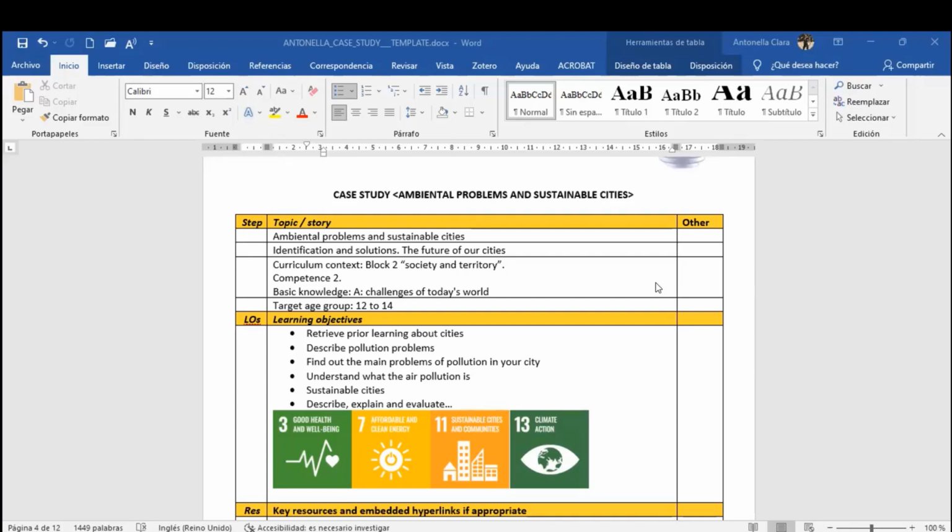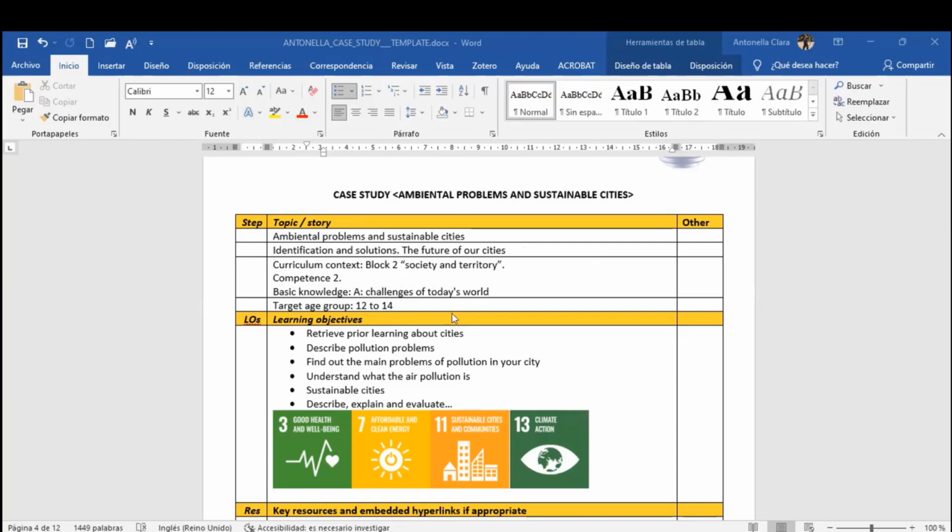I made it in a hurry. So I try to connect all the students knew about the cities with sustainable cities and the problem in the cities. We have changed the law recently, so I'll try to put the context on the new law, which is underlying the importance of competencies.